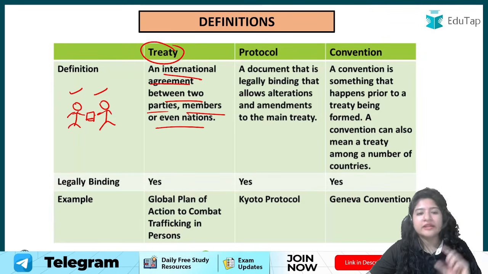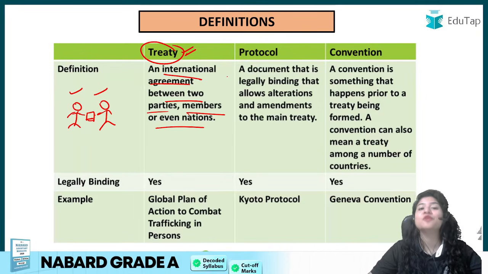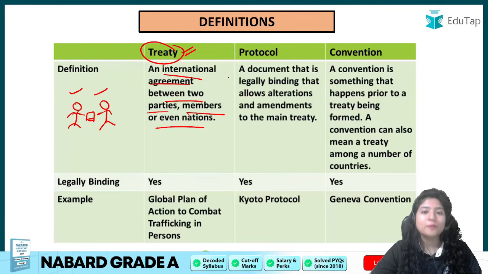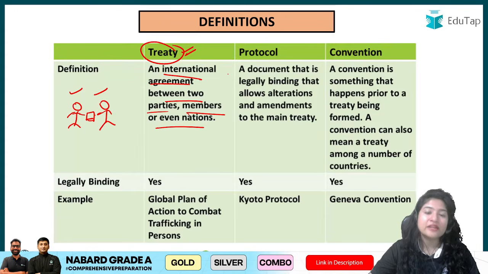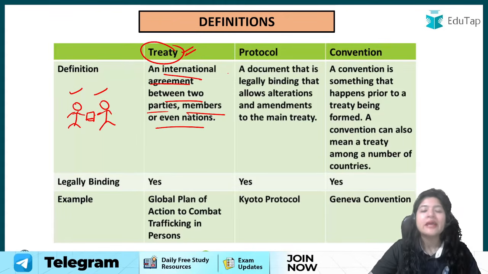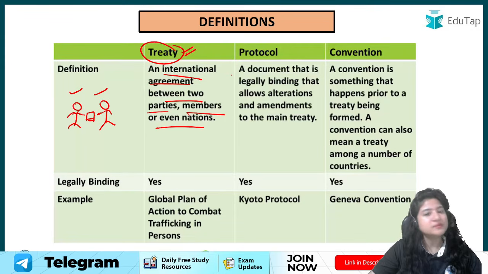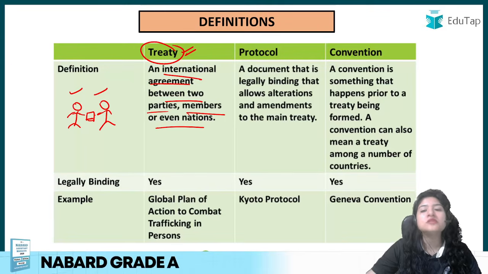Now a treaty is not like that, for example, I went and my friend came and we just agreed on something. No, first there are some meetings that happen, especially when we are talking about nations and parties. There have to be proper meetings where both parties share their concerns and what they expect, and it's not necessary that all the expectations will be met, right? Maybe I shared some expectations, but the other party is not ready to accept them 100%. So maybe they will accept 80% and tweak 20%, right? So there are meetings that happen before, and those are known as conventions.